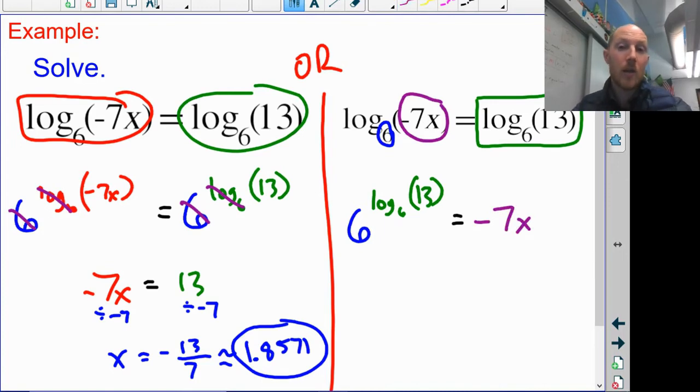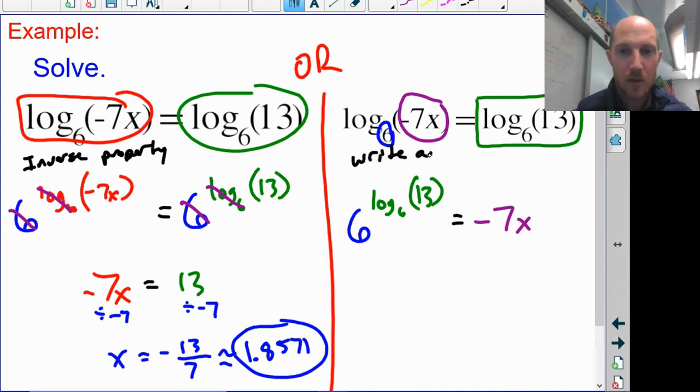And then once again, what have I just done? Sorry, I've got to label both sides. Here was my work. The first time, I used the inverse property. This time I'm going to rewrite as an exponent, as exponential form. Okay, so I still get to use the inverse property now, because 6 to the power of